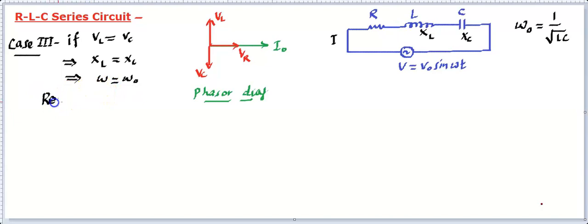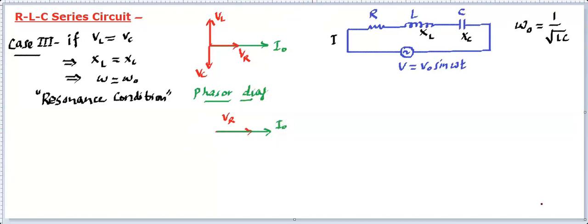So we will say this is a resonance condition. So what is a resonance condition? Resonance condition is a condition in which the two frequencies are identical. So this third case is basically resonance of the RLC circuit. And how is this phasor diagram going to be? You'll find VL and VC, they will get cancelled out. So you'll find there's going to be VR left over. So this is VR alone. And the current is going to be in the direction of VR, as we have already talked about.